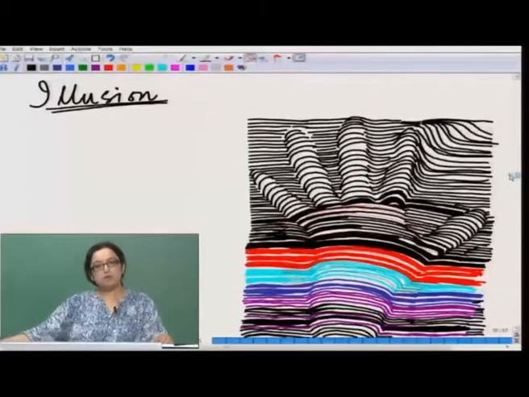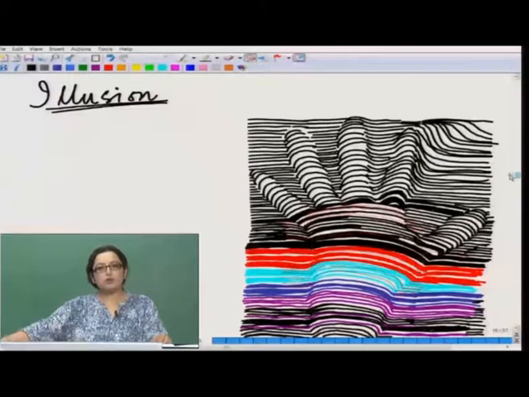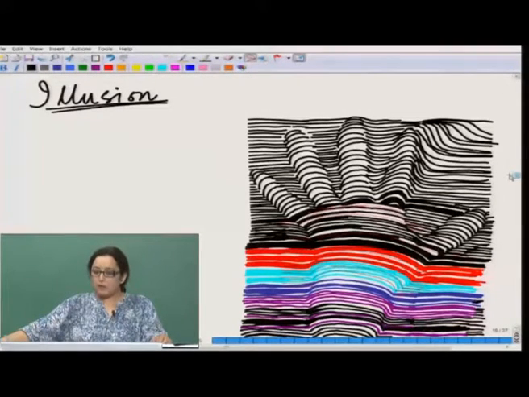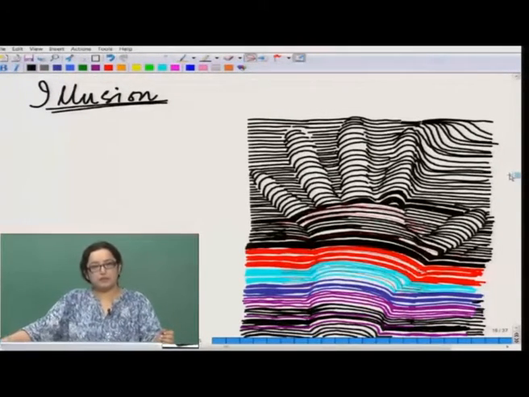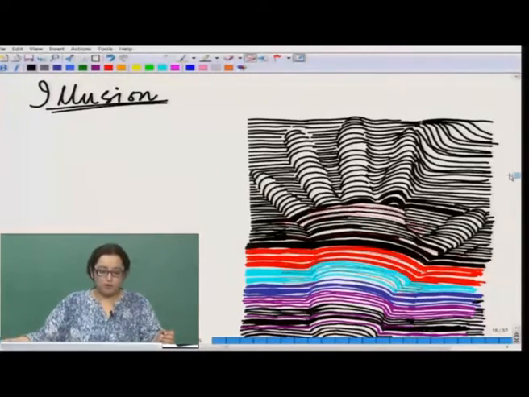So, shown in the picture are a few lines that are going in an almost parallel order. They are more or less parallel to each other. What is interesting is that because of the different formation, it gives us a space which is three-dimensional, and it also gives you a sense of movement. It is almost like how a ripple or a wave gets generated on water. So, we see a surface which is having a lot of ups and downs in a very smooth order.